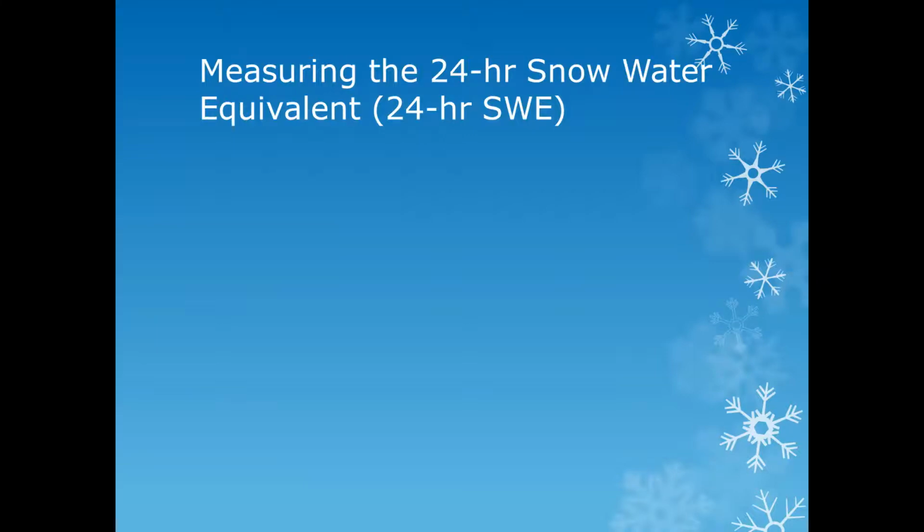So here's the big one here. Measuring the 24-hour snow water equivalent, or 24-hour SWE. This is not the amount melted in your rain gauge. We have a lot of people that measure what's in their rain gauge, write down 0.26. They write in 2.5 inches of snow, and then they write in 0.26 snow water equivalent. And that's not correct. If you don't take a core of snow and melt and measure it, this is a